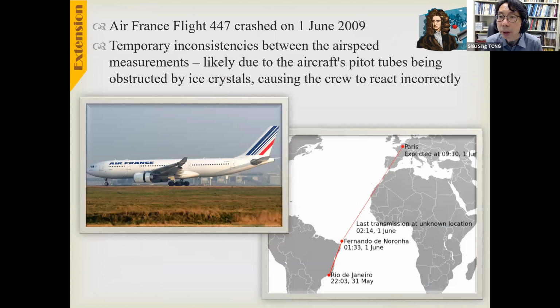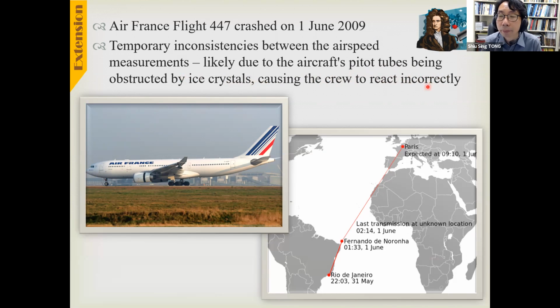Now, this is a historical issue. About 10 or 11 years ago, Air France flight 447 crashed on June 1 of 2009. Now, in fact, the airplane has a lot of different instruments that try to measure the speed of the airplane. But somehow the pitot tube got blocked by ice. When the airplane flew to a great height, the ice blocked the pitot tube, and that led to